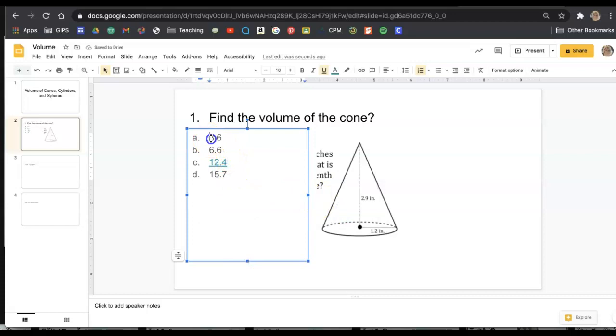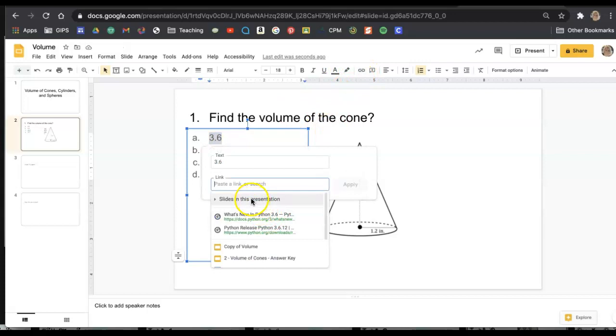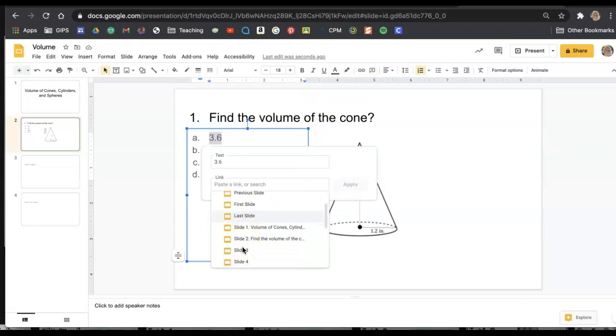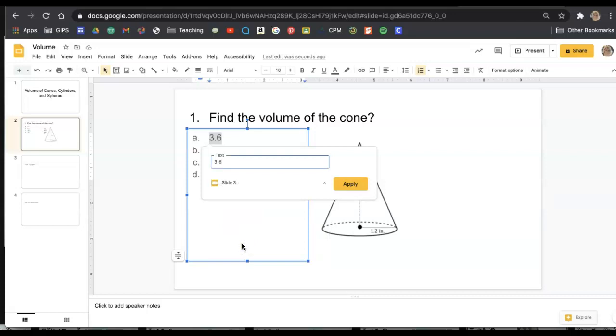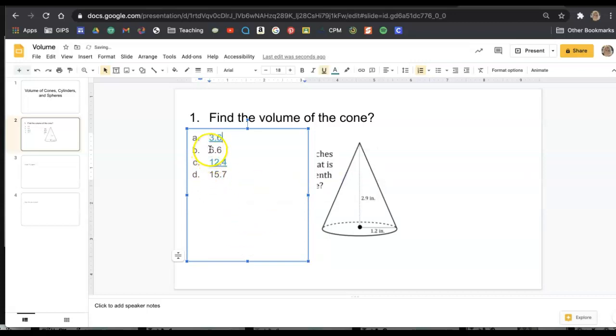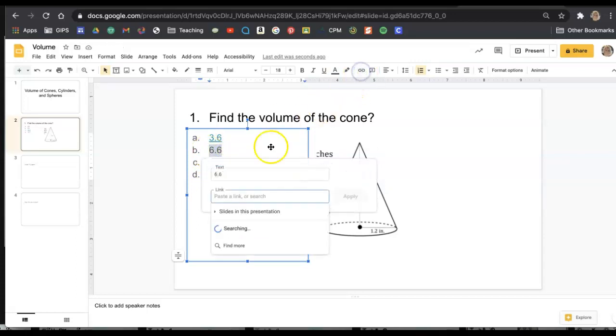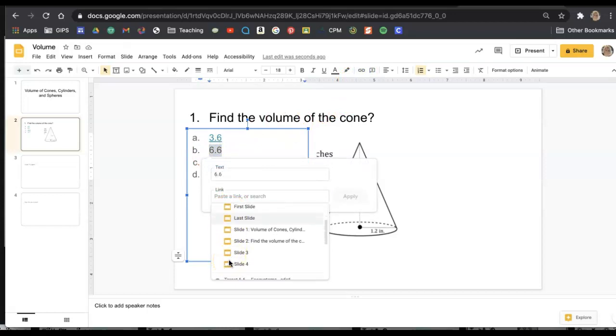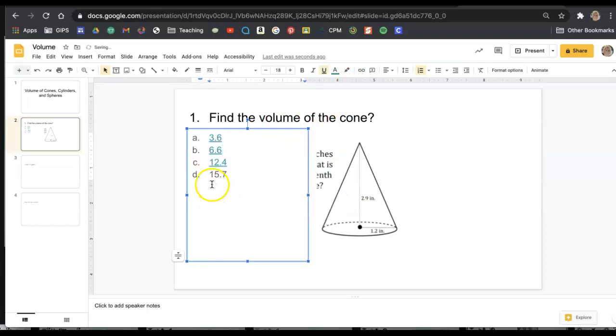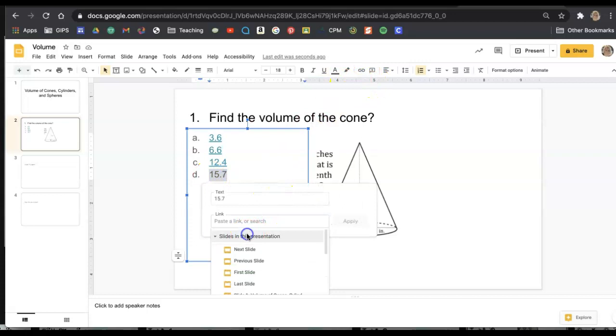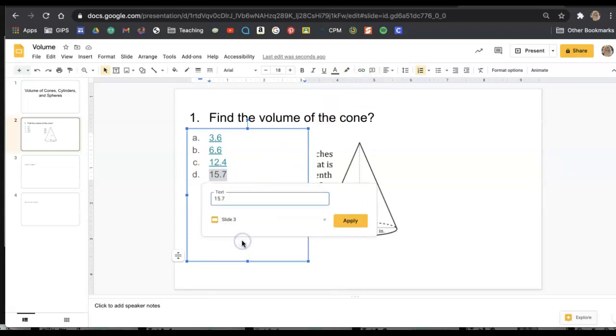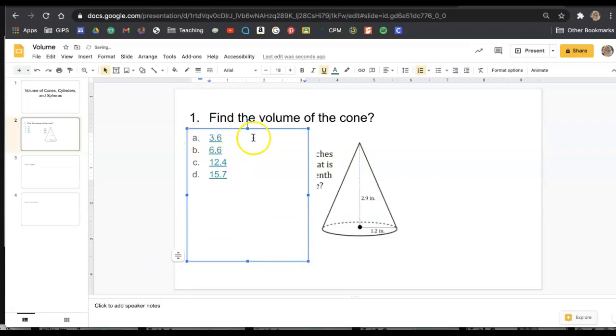Now for these others, for A, B, and D that are incorrect, I'm going to hit the link button. I'm going to go to slides in this presentation. And then I'm going to go to slide 3 because that's my oops, you got it wrong slide, and apply. And that's what I'm going to do to B. And D. Okay, so now I have these answers all linked to either whether they're right or wrong, so they're able to